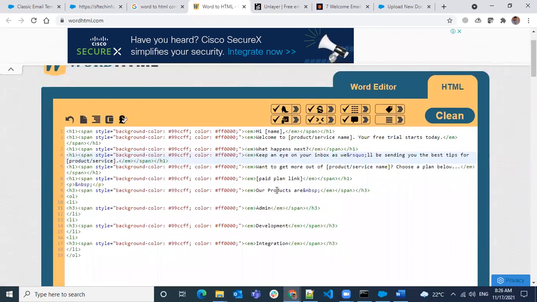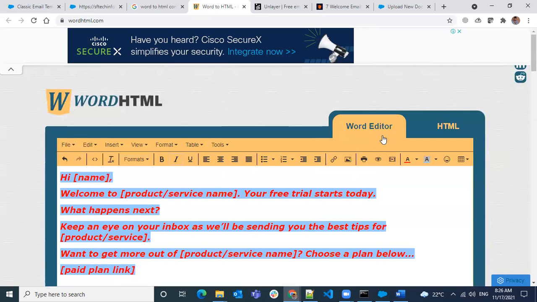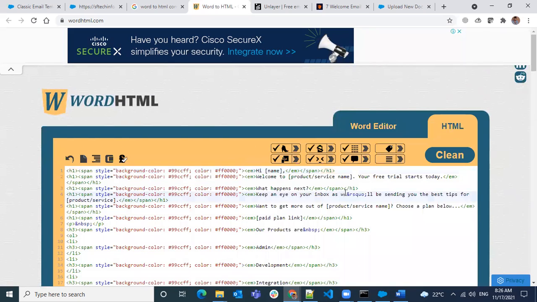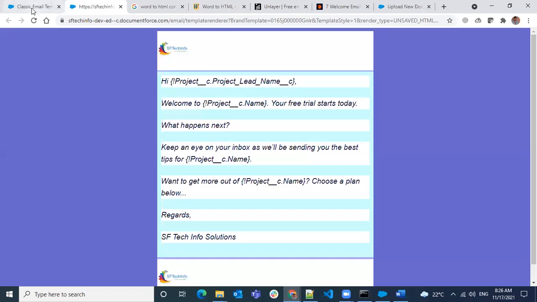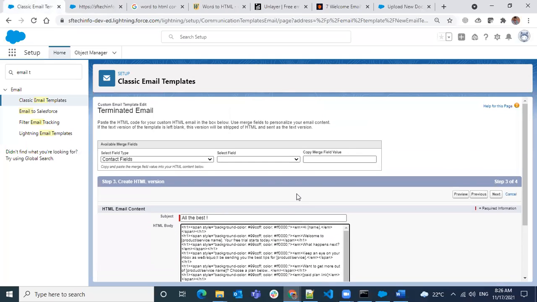So once you're done with your styling and all, you can already have links or images, any URLs, whatever you want to use as formatting, like how you have it in Word. You can have everything done over there. And you can copy this HTML file and just use it here.